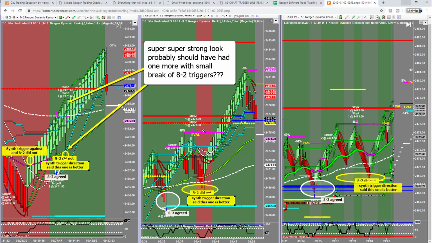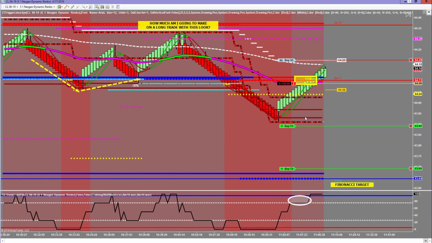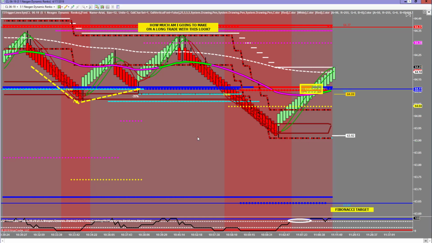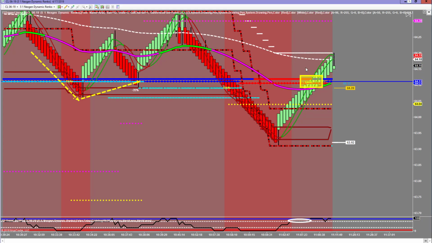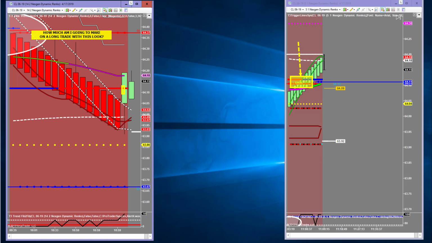If you do random different stuff every time, right? And again, look, to do 75% winners, you got to lose 1 out of 4 trades. And this might be it. Usually first day of a new contract and news spikes are notorious, but if you lose it, it's okay. You have to be able to go back and say, I did the same trade with the same look, the same way, and again, you're going to lose sometimes. Granted, I might have got the high tick right there. It's cute, but